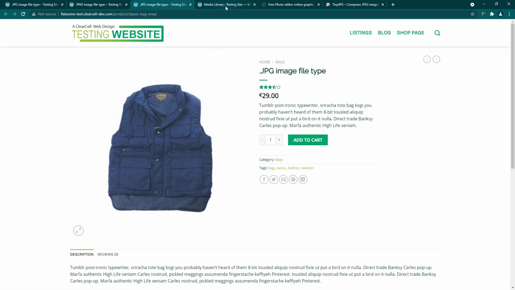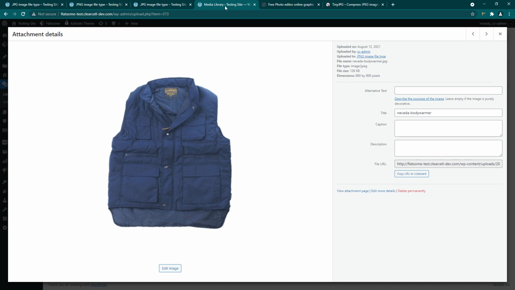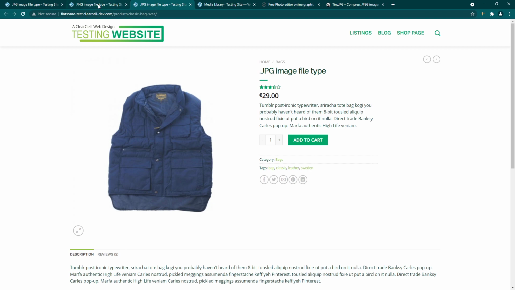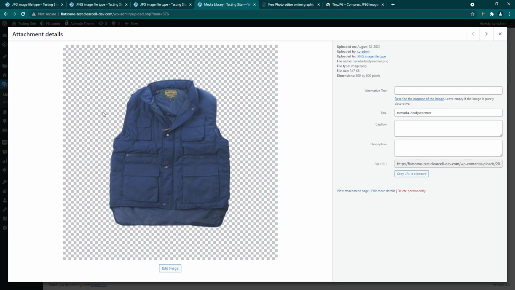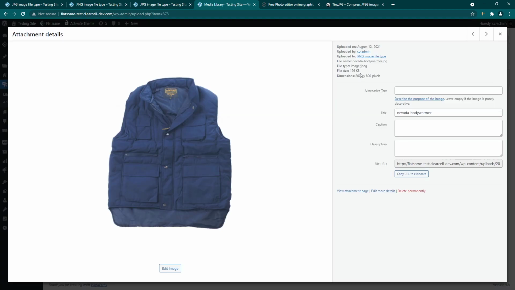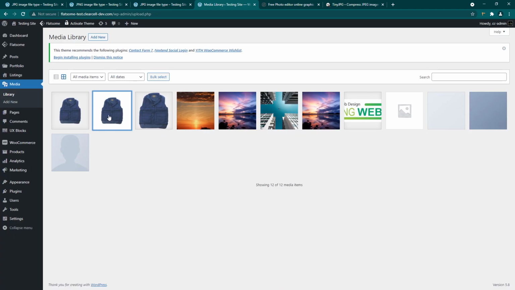Another thing that comes with PNG file formats is file bloat. Basically, two identical images, with one being a JPG and one being a PNG. If we look here, they're both identical images. One's just PNG, one's JPG, but the PNG image is 347 kilobytes in size, while the JPG image is 126. That means that this image here is less than half the size of this image here. They both look identical,